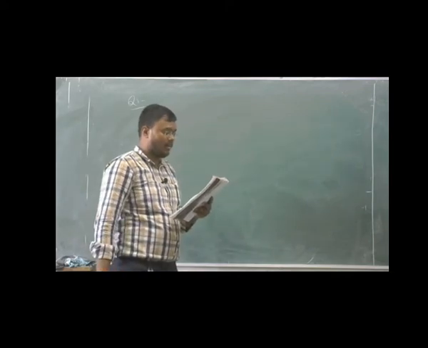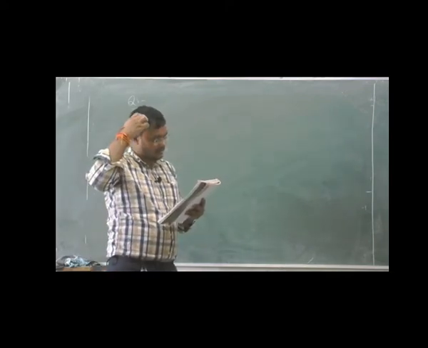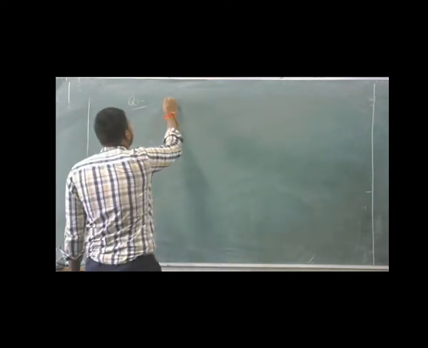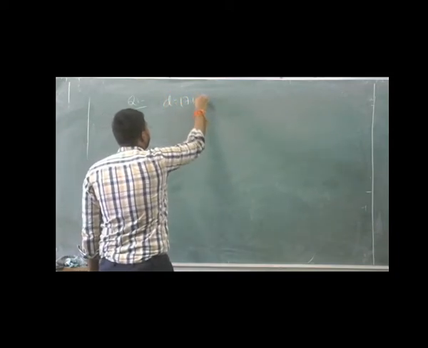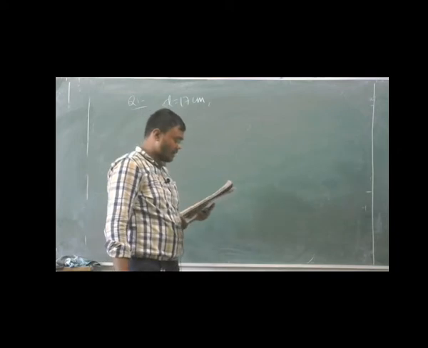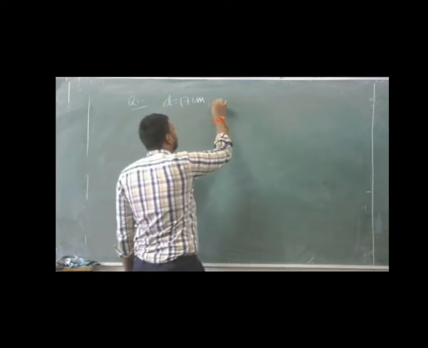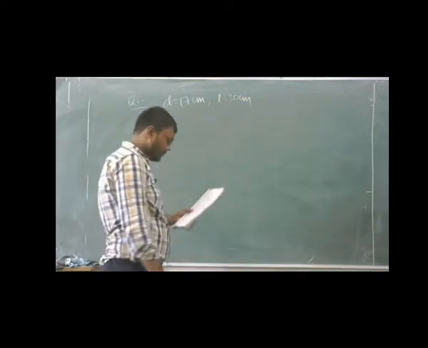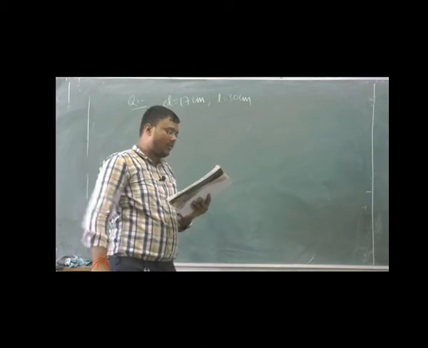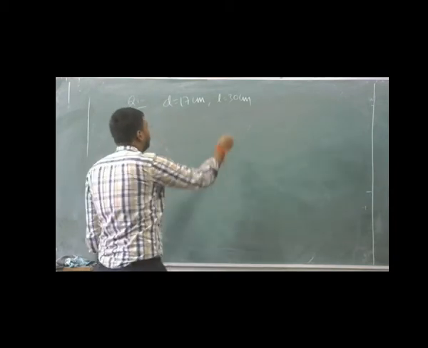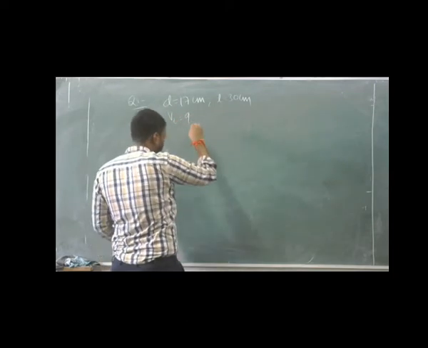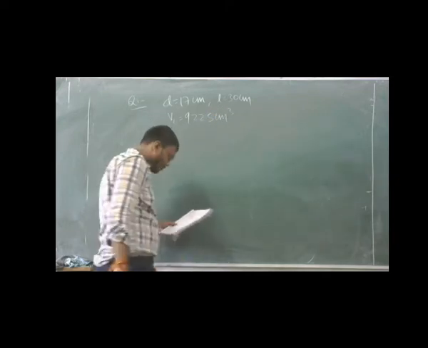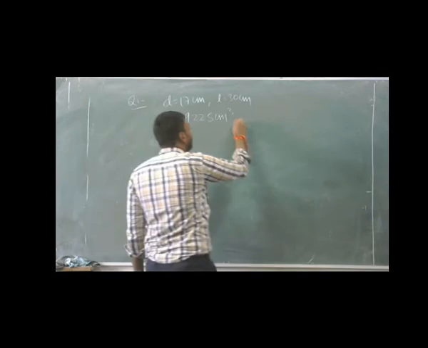The cylinder dimensions of a 6-cylinder auto cycle engine are given in this question also. Bore equal to 17 cm. Bore means cylinder diameter. Stroke is equal to 30 centimeter. Stroke means stroke length. Total clearance volume Vc is given, Vc is equal to 9225 centimeter cube. Find the air standard efficiency, eta, is what the question is asking.